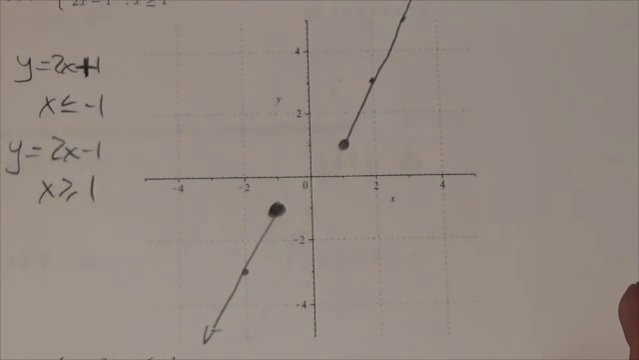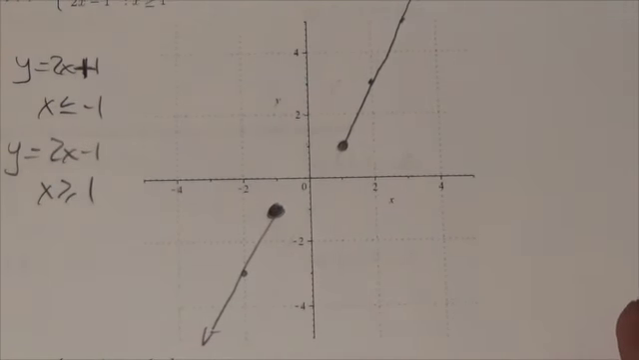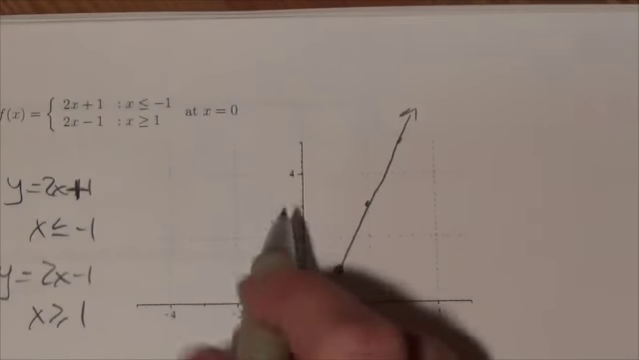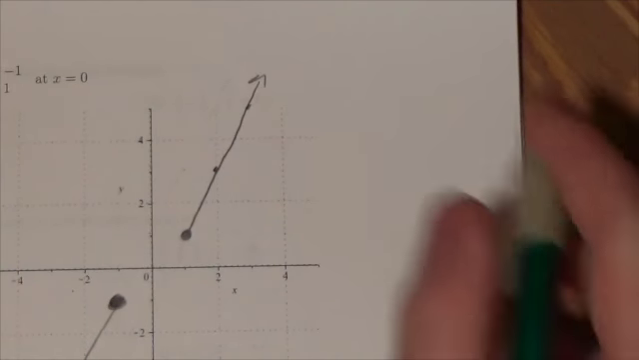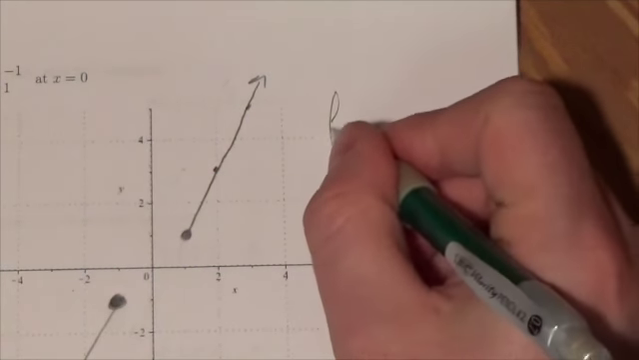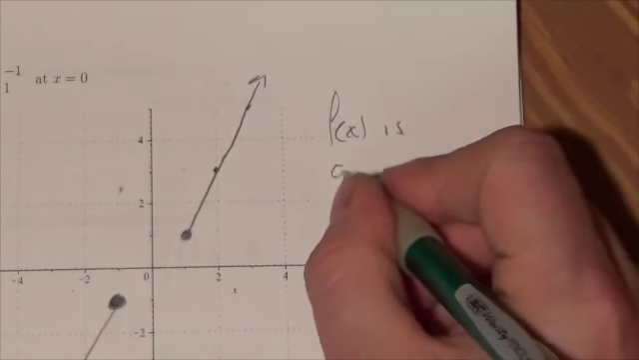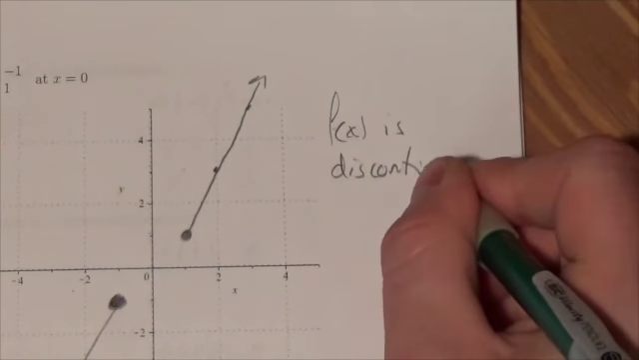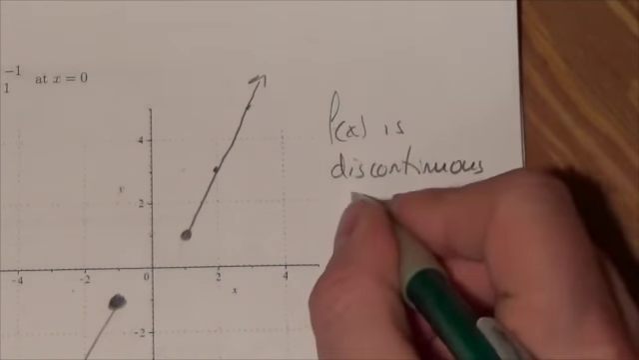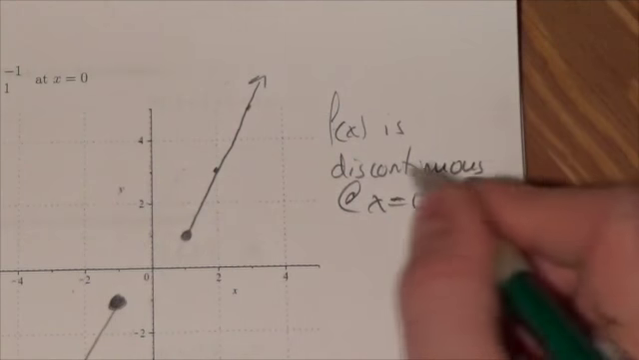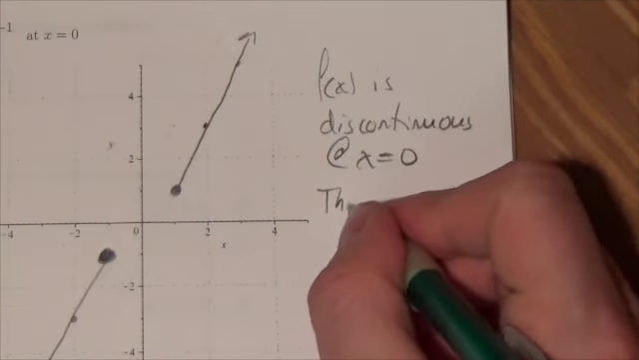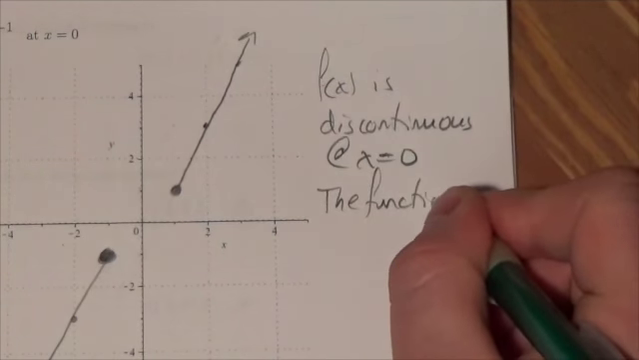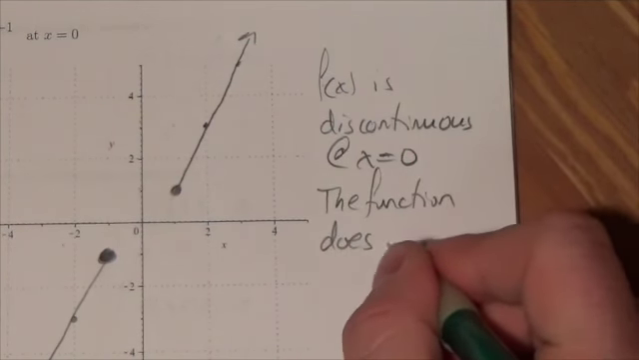So this is kind of interesting because now we're supposed to discuss the continuity at x equal to 0. Well, I think we can say very safely here that f of x is discontinuous. Okay, discontinuous at x is equal to 0. Why? And that's because the function does not exist